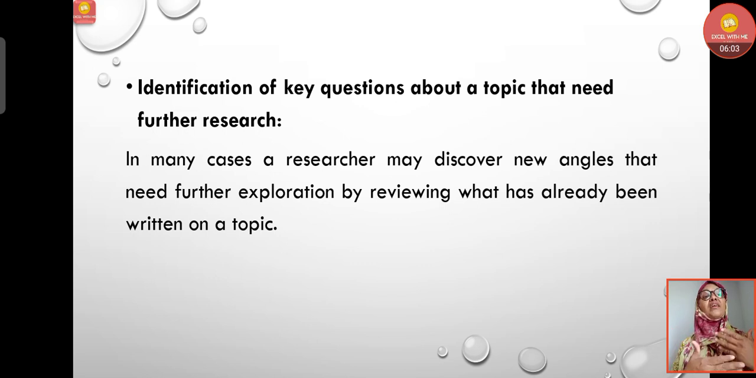So whatever issue or question we have taken, we can identify the key questions about that topic, and whether any further research is required or not, we will understand through this review of literature. In many cases, a researcher may discover new angles that need further exploration by reviewing what has already been written